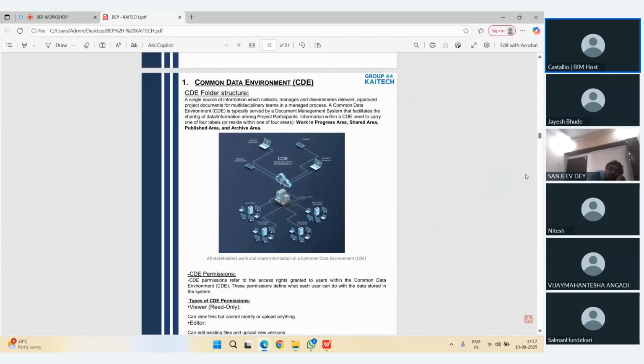Yes, sir. Okay, perfect. So the point now we are discussing is the common data environment. We usually call it a CDE platform. While writing the BEP, there may be multiple CDE platforms available. It may be the Autodesk Construction Cloud, or it may be ProjectWise. So depending on your need or your project area, we need to define the CDE platform. But the workflow or